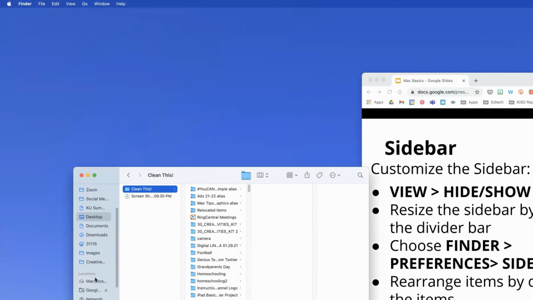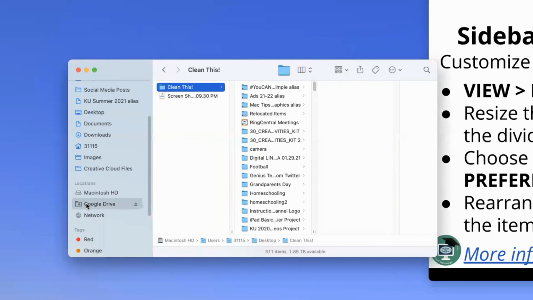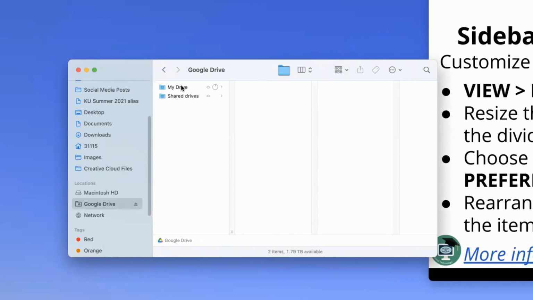Notice because I am running the Google Drive for Desktop app, I'm going to see my Google Drive, which of course has my drive and my shared drives. So very, very helpful to have it in this interface. A lot of people ask, why do you like this version better? I just think it reacts faster when I'm trying to organize files into folders super fast versus doing it in the web